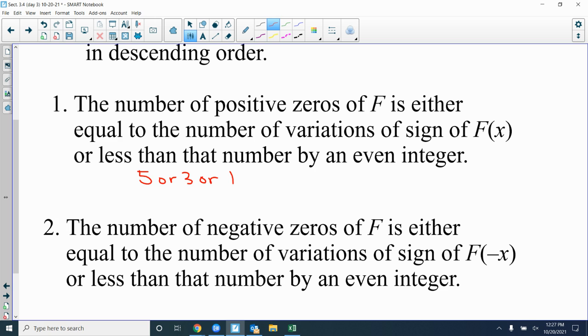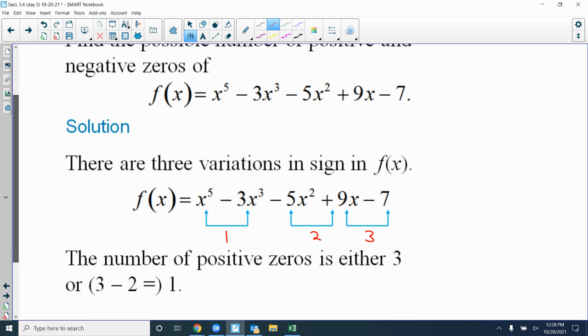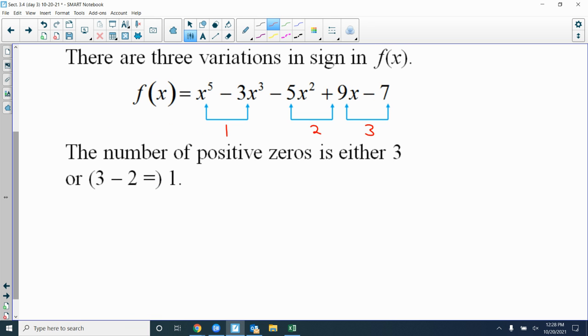So here's the thing. We don't know whether it's 5 or 3 or even 1, but it's going to be one of those. If it was 4, it would be 4 or 2 or 0. Okay, for that. So for this one here, they say the number of positive zeros is either 3 or 1. Okay, so it has 3 or 1